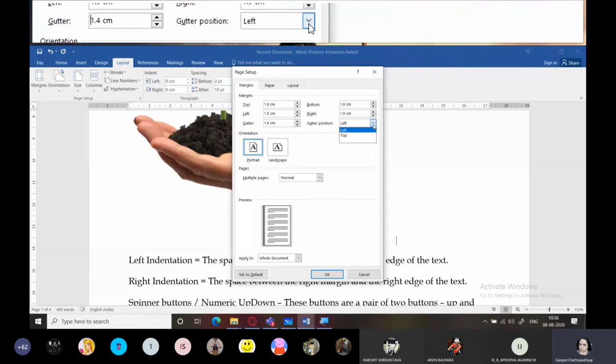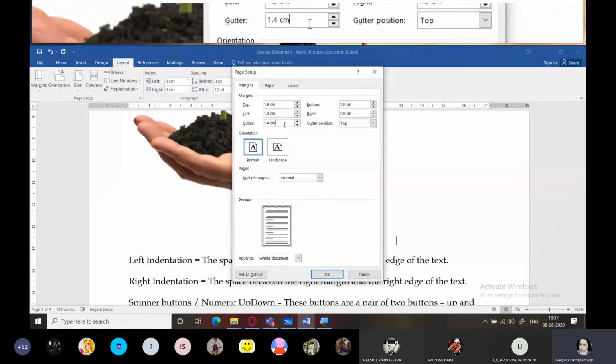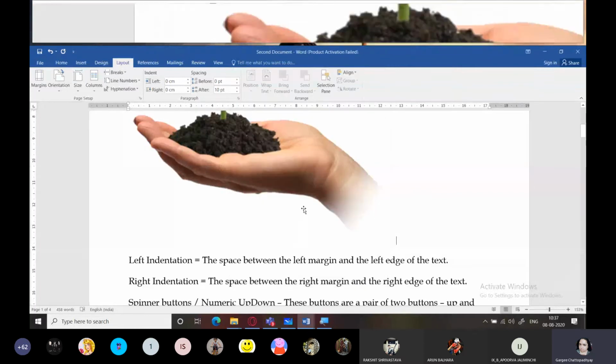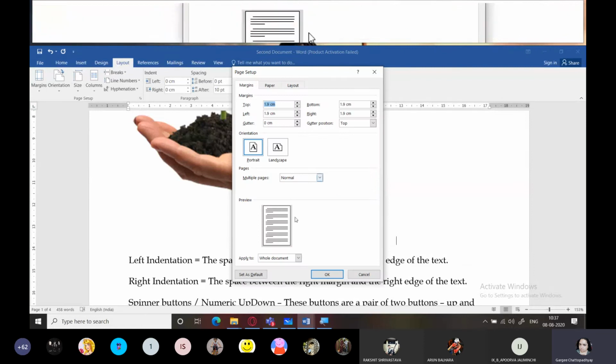Gutter position is left. You can change the gutter position to the top, like a notebook kind of a thing, a flip notebook. So this way you can set, but right now because we are working on simple topics, we don't need a gutter margin. It is only needed when you want to print a book.